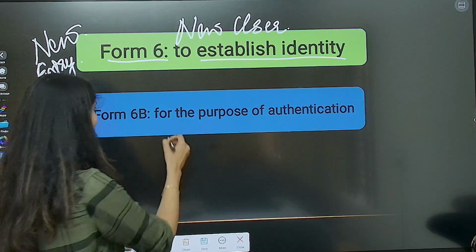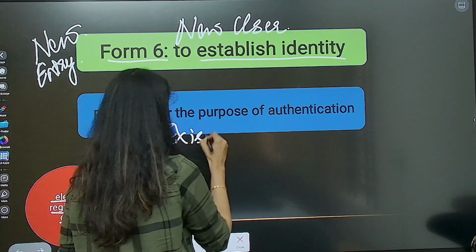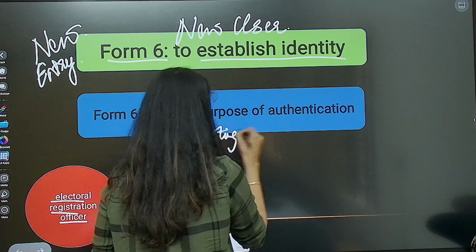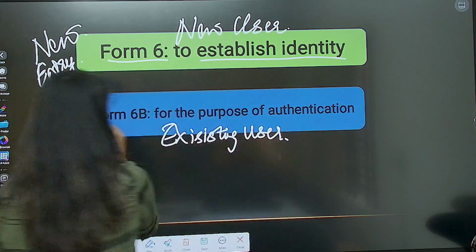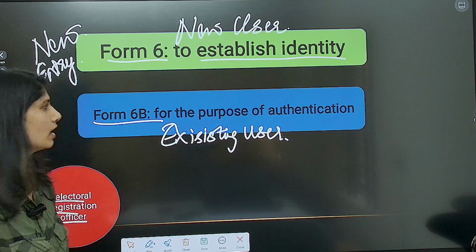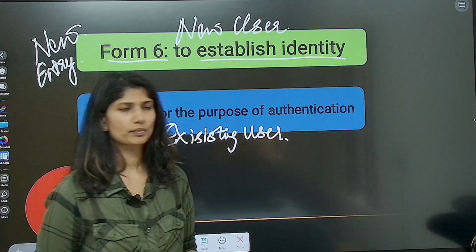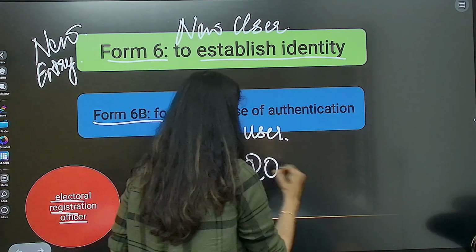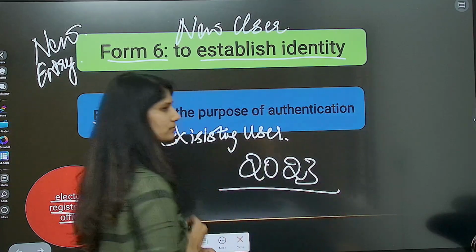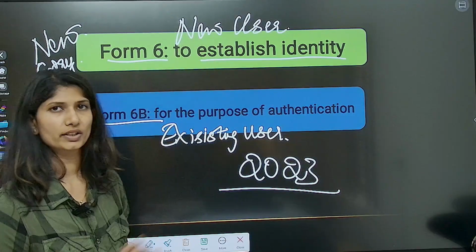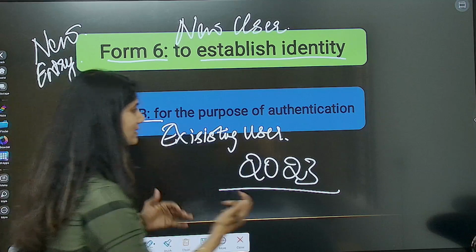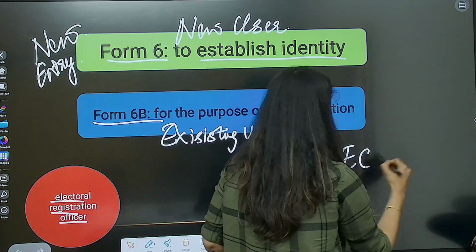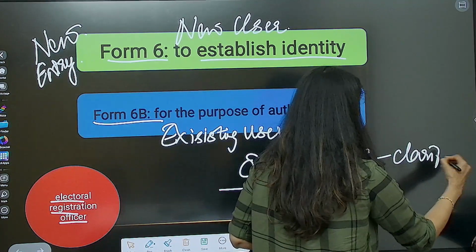For the existing users, it was Form 6B. This was provided. In 2023, immediately this was again challenged. How can they do this? When the Supreme Court asked, the Election Commission offered the clarification, telling,